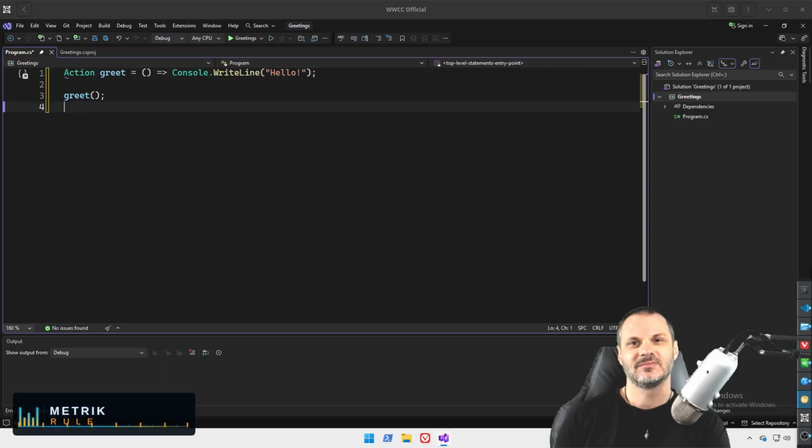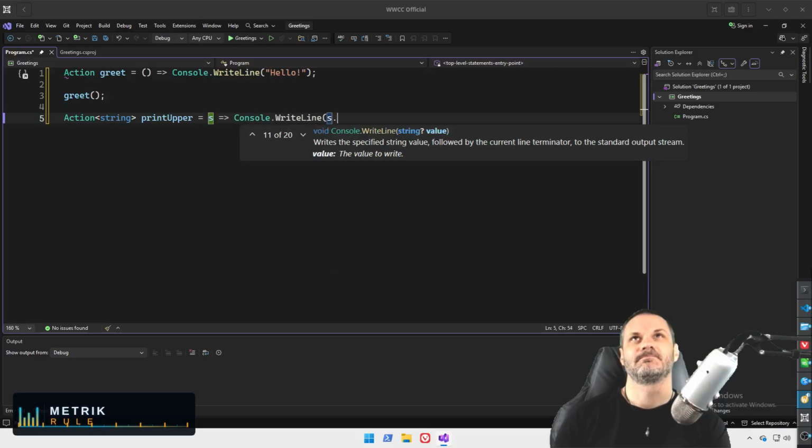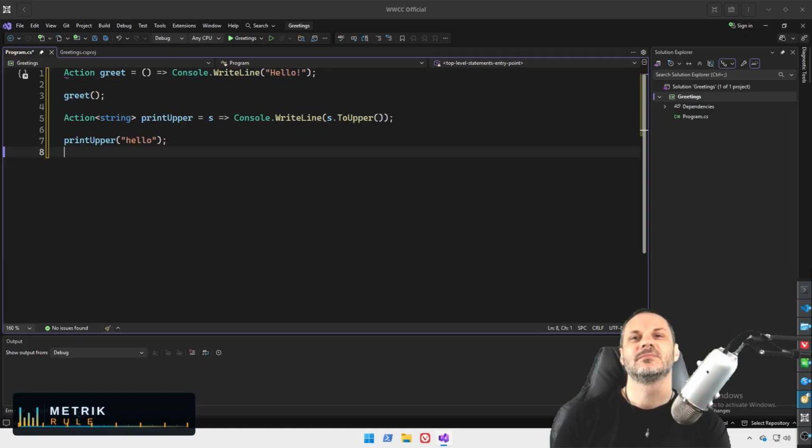And if I needed to actually take an input, like tell me who to greet before I zap them with kindness, that's Action<string>. The type parameter tells Action what the one parameter will be, and you add that parameter name on the left side of the fat arrow. No parentheses needed when there's exactly one parameter. Action<string>, the parameter is s, fat arrow, then shout it out in uppercase. One parameter, no parens needed, it's concise, I like it.